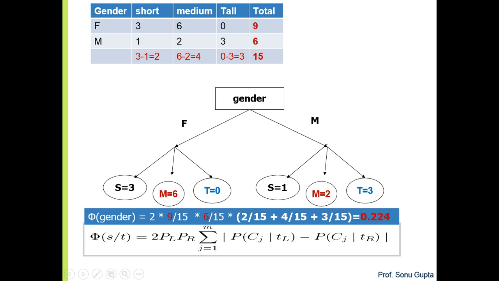What is the female probability in the short? 3 minus 1. So 2. 2 divided by what is the total number? 15. Similarly, over here, what is the case? You have 6 medium females and 2 medium females. So what is the case? 6 minus 2, 4. 4 upon 15. Similarly, over here, what is the case? 3